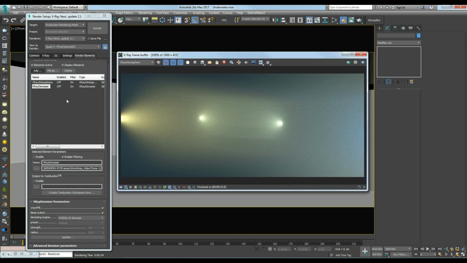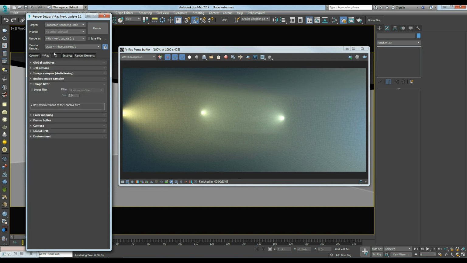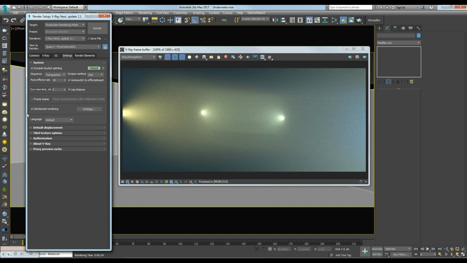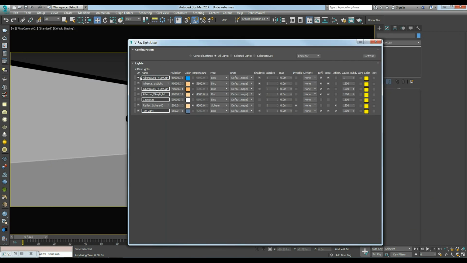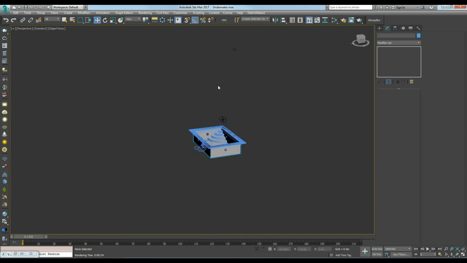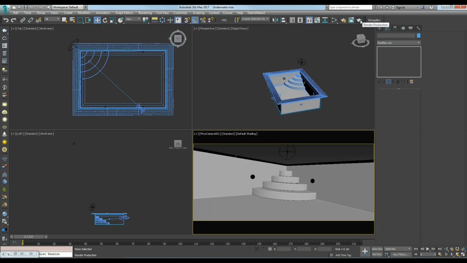That's all with the fog. It was very easy. I think you notice that it's very easy to calculate the fog. And now let's go to the caustics. For the caustics, I will use the same settings I have here, but all I have to do is to turn on this, and now I'm going to turn off every light in my scene, and let's show you this special trick. Let's turn off the fog too. We have nothing here.